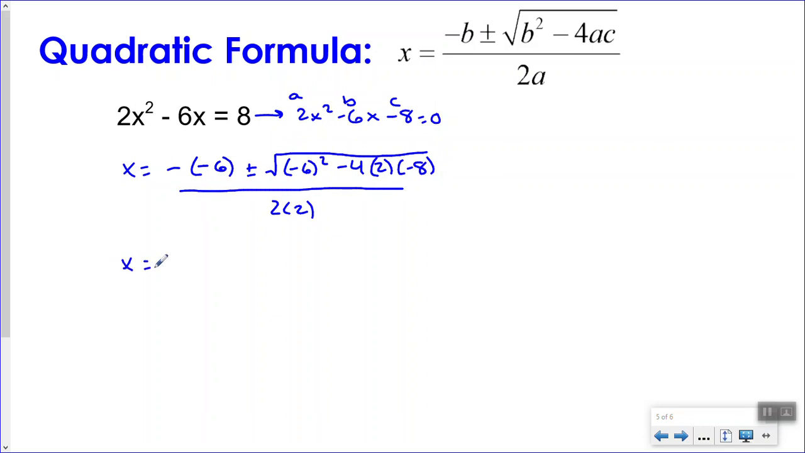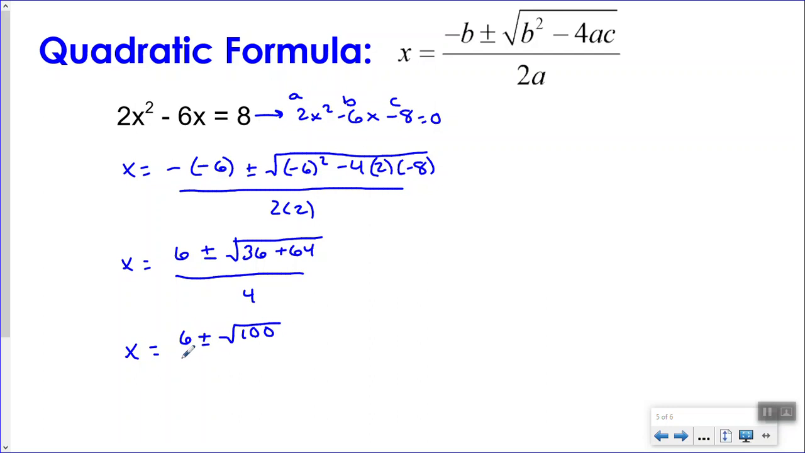So now once again we go through our order of operations. So that negative 6 becomes positive 6, plus or minus the square root of negative 6 squared, which is 36, minus 4 times 2 times negative 8, so we're going to have minus negative 64, or plus 64, all over 4. So now we can keep simplifying. So x equals 6 plus or minus the square root of 100 all over 4. We can reduce that square root. So we have 6 plus or minus 10